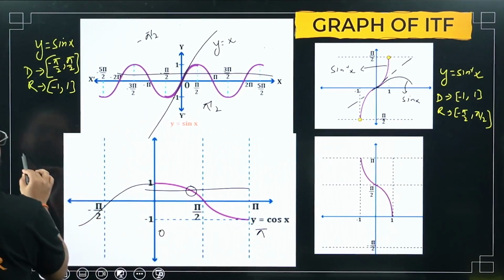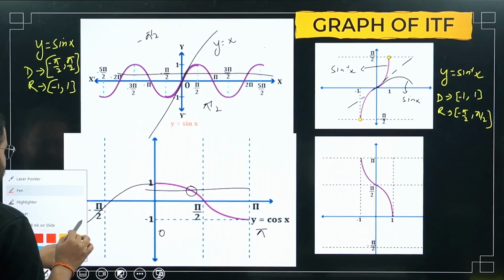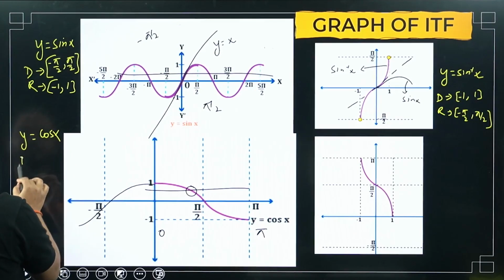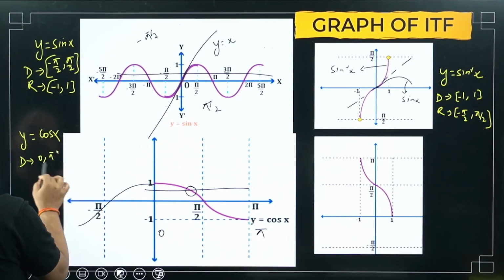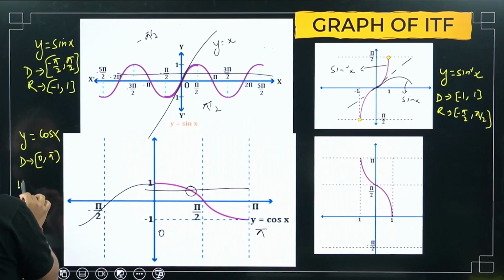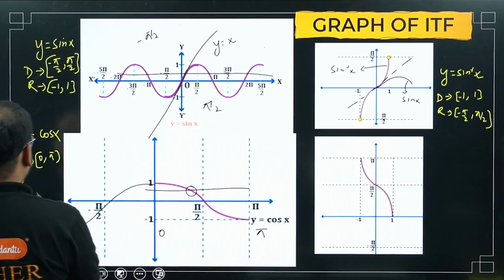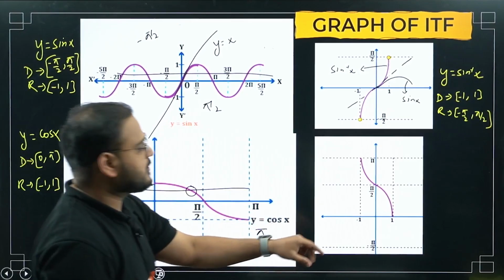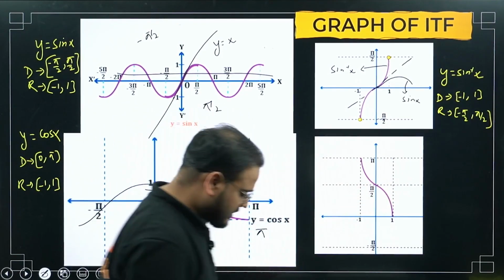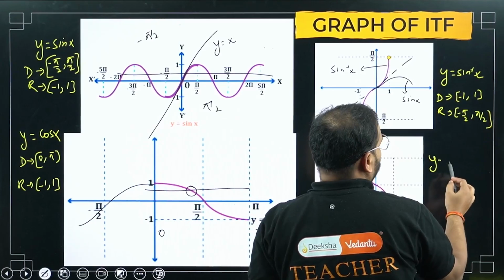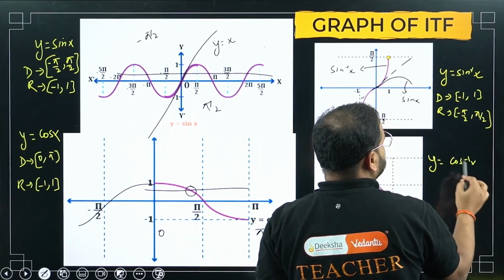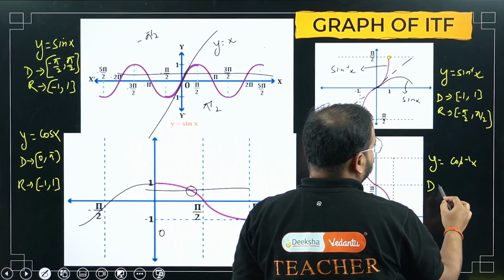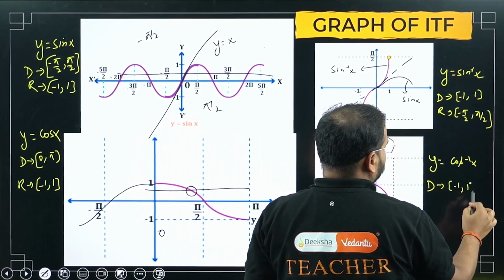0 to pi. So what is the domain here? Please see. This is y equal to cos x. What's the domain? Domain is 0 to pi. What's the range? Range is minus 1 to 1. It will become inverted. In this case, y equal to cos inverse of x, what will happen? Your domain will become minus 1 to 1, and range will become